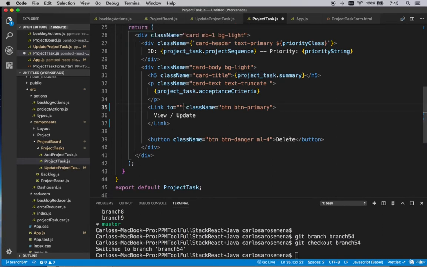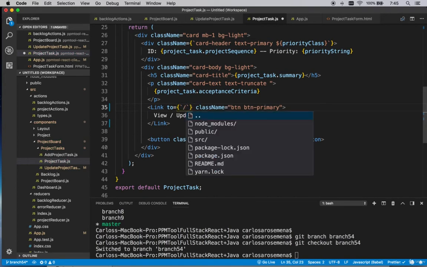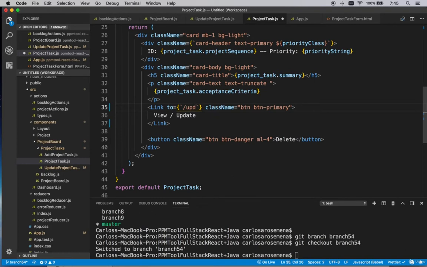And remember, we need to use curly braces and backticks, and then we're going to go to that route that we created on app.js. Update project task, and then $, and then curly braces, and then it's project task,